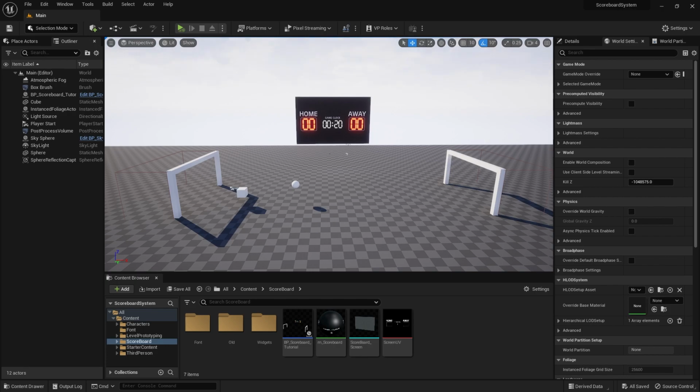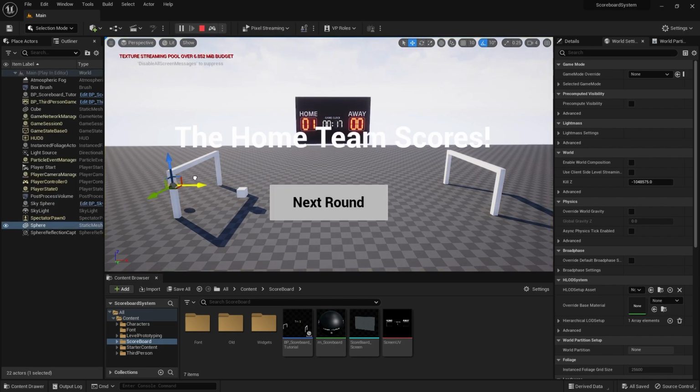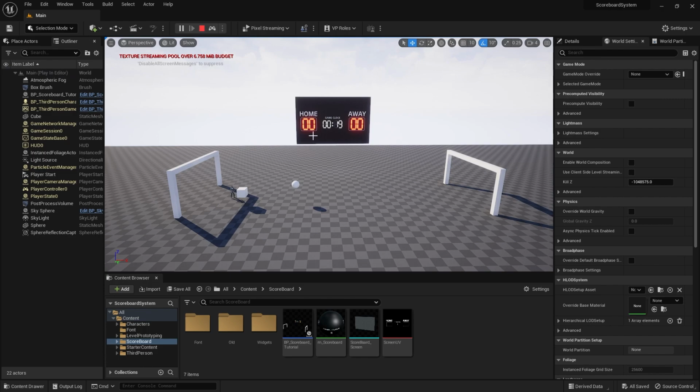For this part of the tutorial, I'll be going over how you can save your points when you do a score. So if I were to play this game right now, I don't have the system set up yet. If I play this and then do a score, you can see the home will have its point. But if I click on next round, the points will be reset. So how do we do it so that we can save the score?